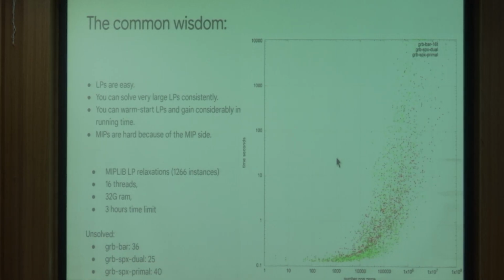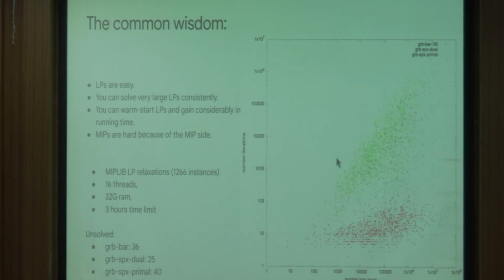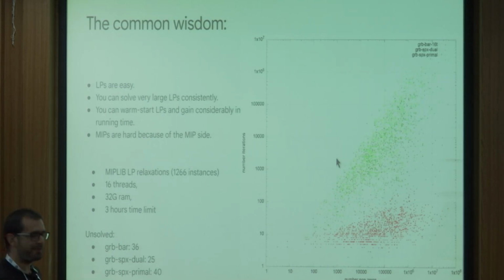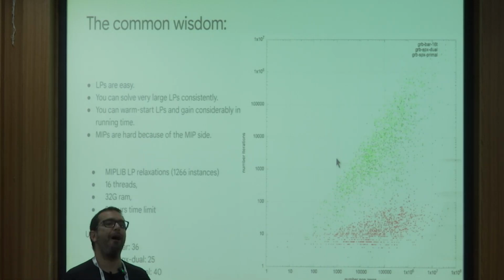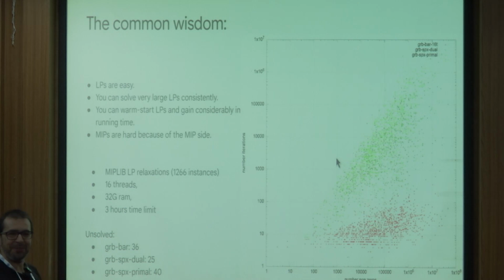Why not? And if you look at the number of iterations, well, simplex, either primal or dual, you have this very nice linear shape going up. But if you look at barrier, it's quite surprising. It's very consistent. If you go over 200 iterations, it usually means that something is wrong. You are not doing it right, or there is something else going on. And that's quite surprising.